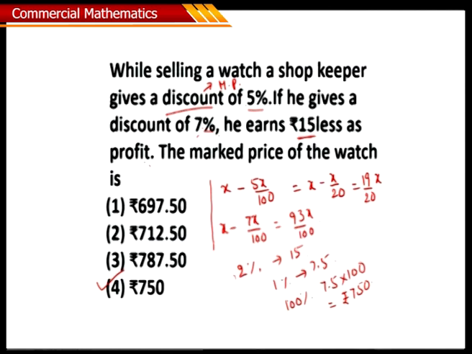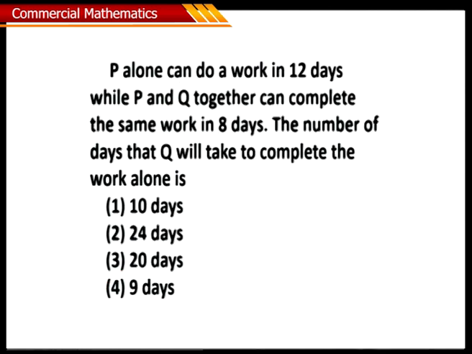Okay, let us go for one more problem. This is a problem of type work. Suppose P alone can do a work in 12 days and P and Q together can complete the same work in 8 days, then Q alone can do it in how many days? So for example, a work is to be done by P alone. He is taking 12 days. So in 1 day he can do